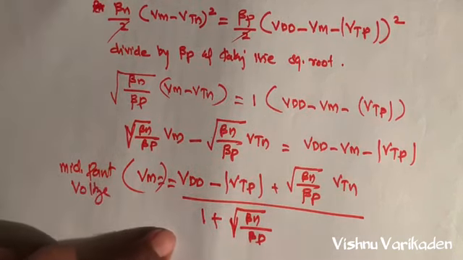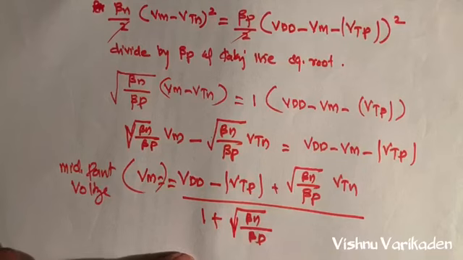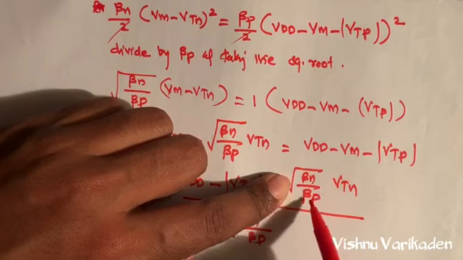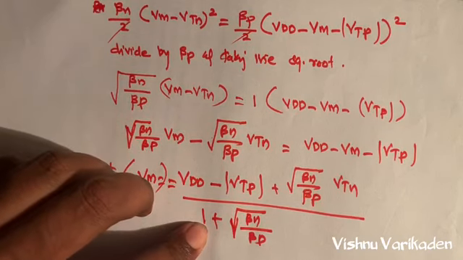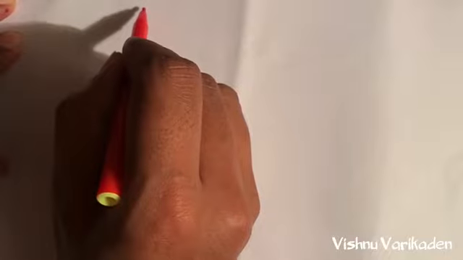From this equation we can predict that VDD, VTP and VTN are constant values. So we can rewrite this equation by a ratio; the changing values are the beta values. Why? Because beta is generally equal to K times W by L. K is the processing parameter of the transistor, and W and L are the width and length of the channel of the particular transistor. So the only variable part of this VM equation is